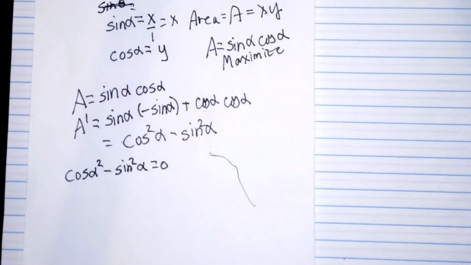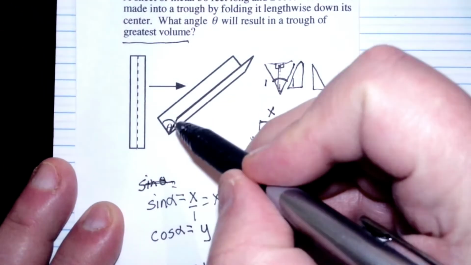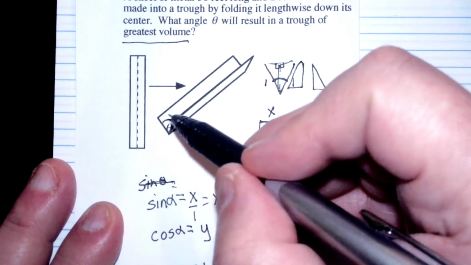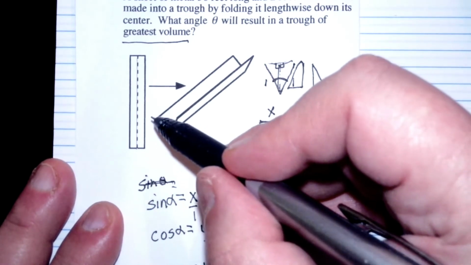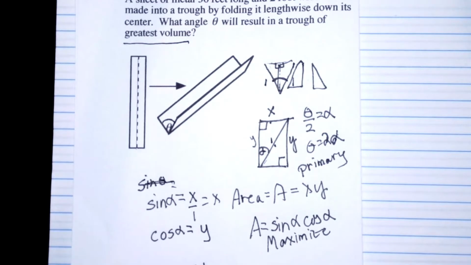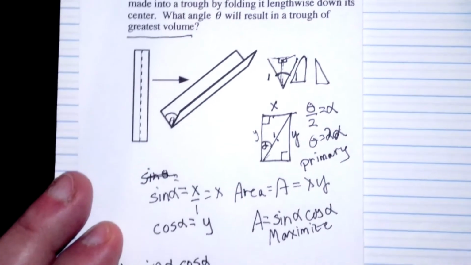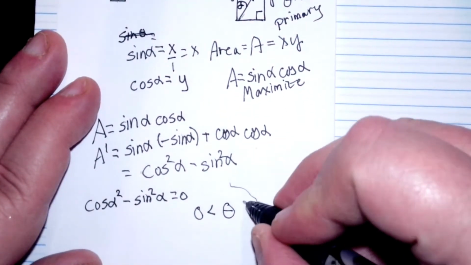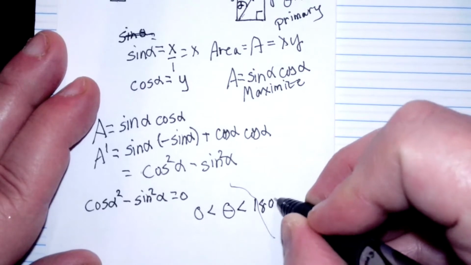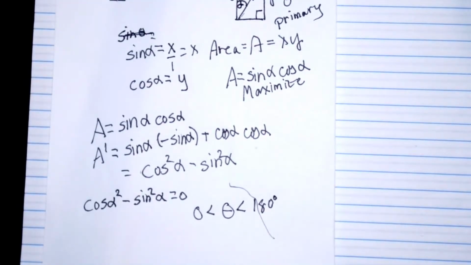I think we need to talk about how big alpha can be and how small. First of all, let's go back to our angle theta. Remember how theta was defined? It was the angle between the two sides of that trough. Well, it could be almost as small as 0. It can't be 0. So theta can be almost as small as 0 and almost as big as 180 degrees. Right, if it's 180 degrees, it's flat, but that gives us a volume of 0, so it can't be quite 180